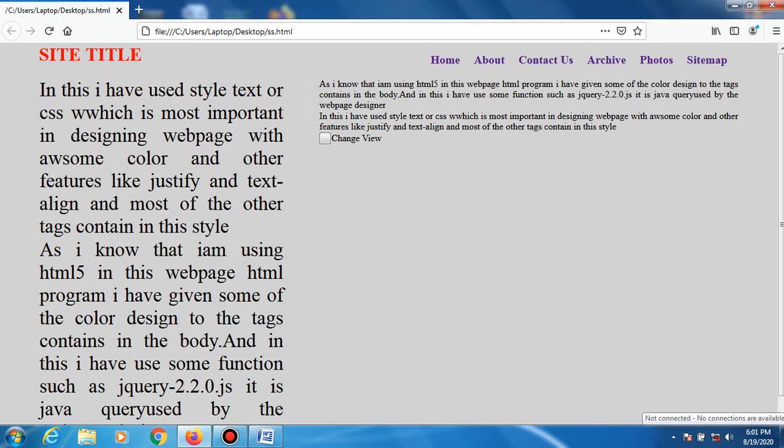When you execute this file in Google Chrome, it will be displayed on the screen and you will get the output, right?